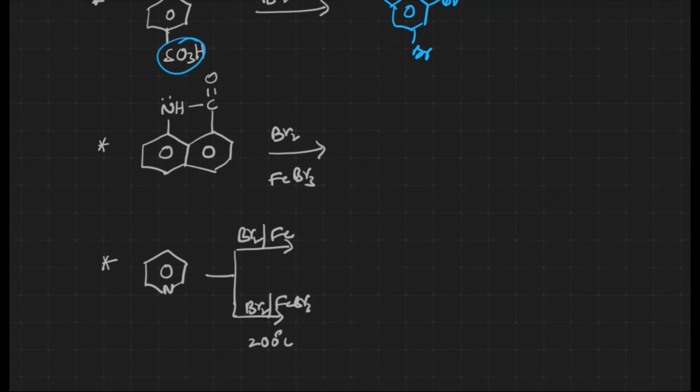Now let us see another example. What is happening here? We have two rings. On which ring can we expect the electrophilic substitution reaction? We should remember on which ring electron density is more. The first ring is directly attached to the NH group. NH group means lone pairs are there at conjugative positions, acting as a plus M group. On the second ring, we have C double bond O. At conjugative positions, atoms with multiple bonds become a minus M group, an electron withdrawing group. The NH is an electron releasing group, so electron density on the benzene ring increases, because of which the first ring is involved in electrophilic substitution reaction.